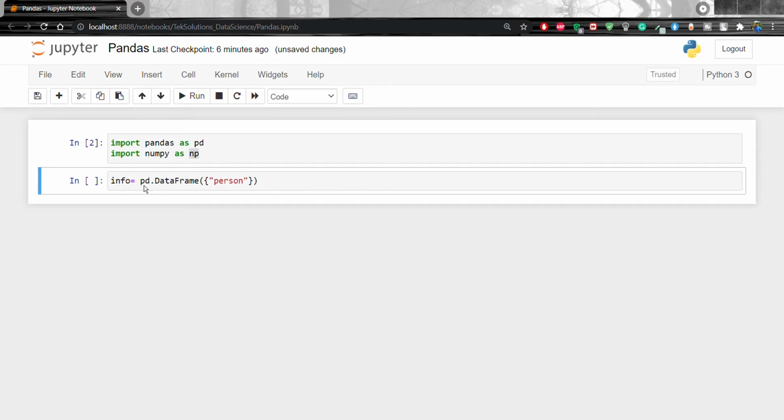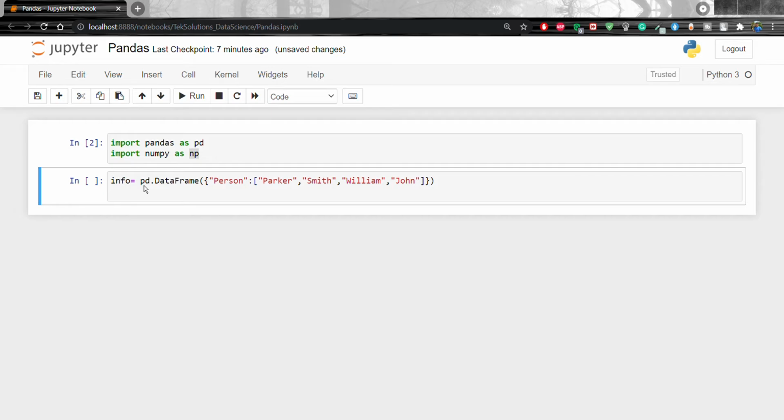Person, with P in caps, is a column, and the data is a list of strings: Parker, Smith, William, John.